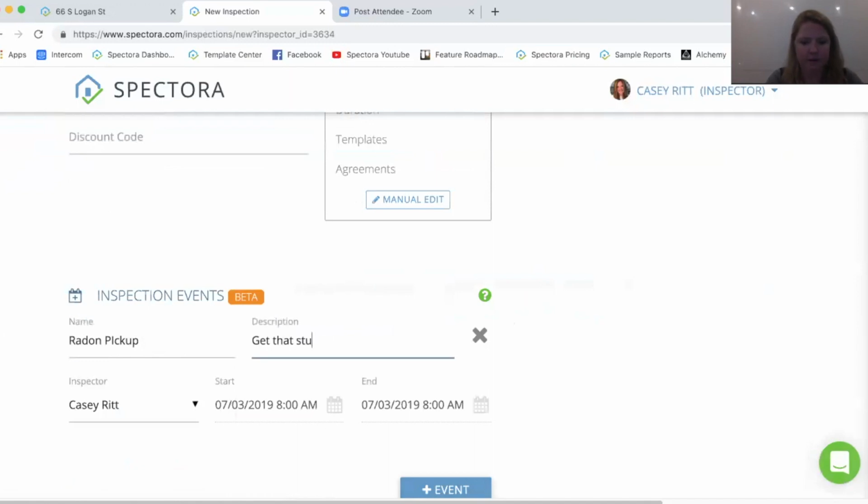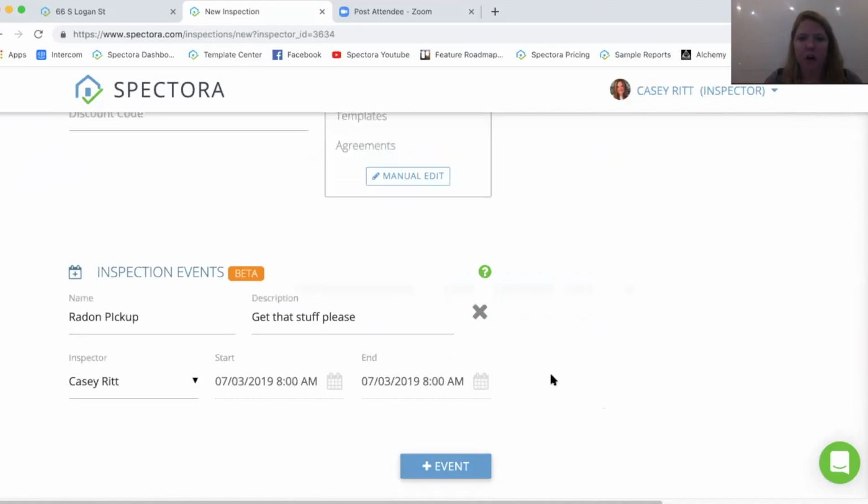that's now going to show up on the inspector that I assign it to, and you can choose who to assign it to, and when they should do it. And that's going to appear both on their normal calendar now and on their apps for the day. So the apps now show inspection events. So when we schedule that, on